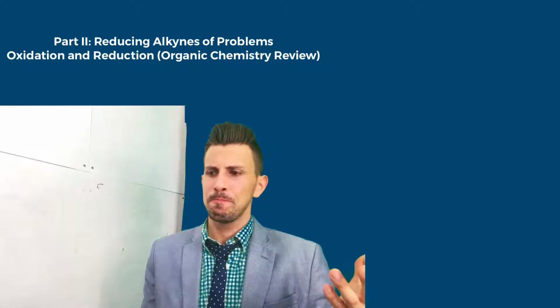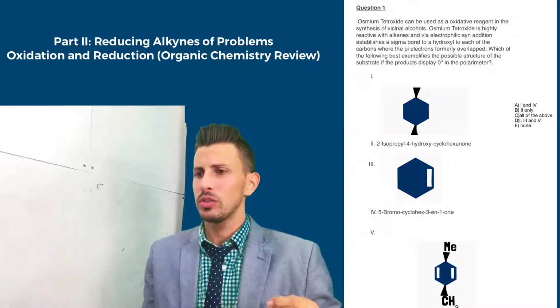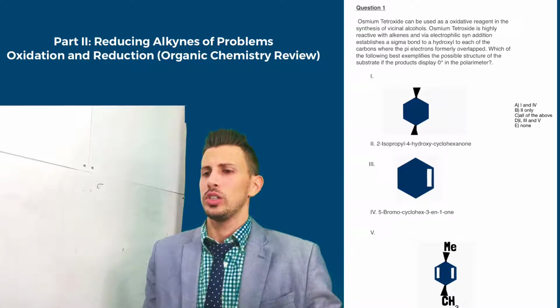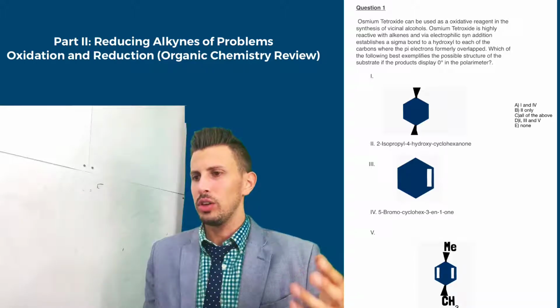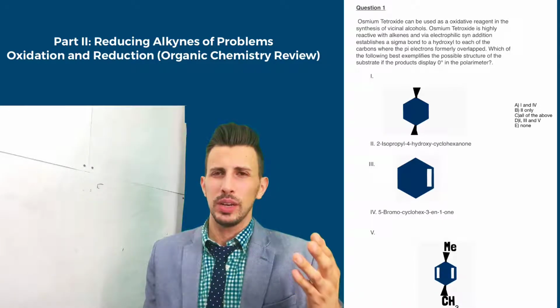One thing we have to know is you're given a reaction, which is described to be an electrophilic addition, or more specifically oxidation, and that you have an alkene, which yields two hydroxyl groups being added across a pi bond. Furthermore, it asks you to identify which of the following, after reacting with osmium tetroxide, which gives you a syn diol, would give you a 0 degree value for the